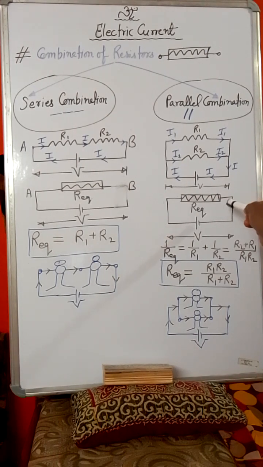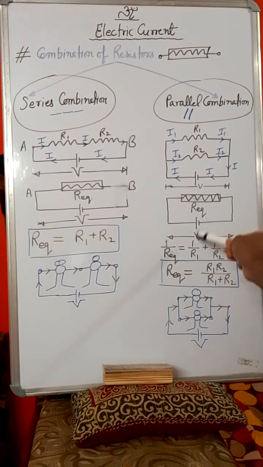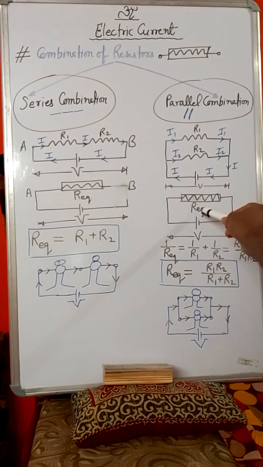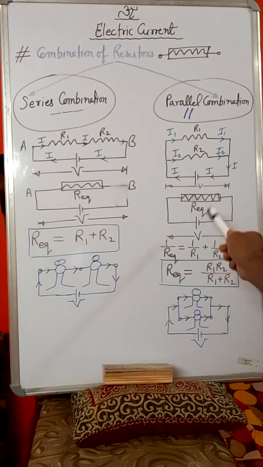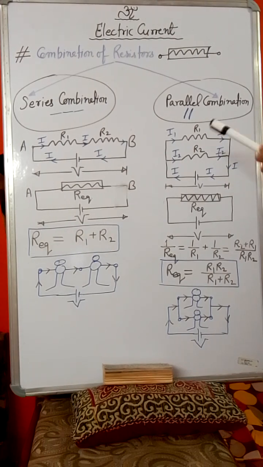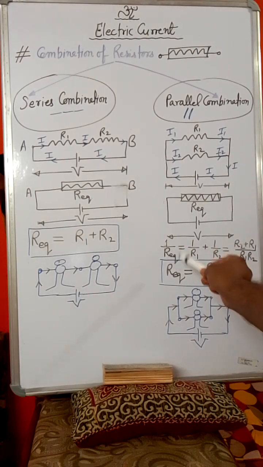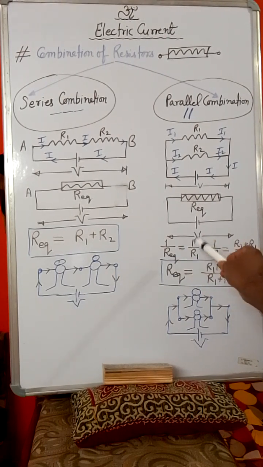So this equivalence resistance can be found by, let's suppose this equivalence resistance has the value Req. Req is basically equivalence resistance, okay, so it is denoted by Req. So let's suppose Req is the equivalence resistance of both the two resistors in parallel combination. So 1 upon Req is equal to 1 upon R1 plus